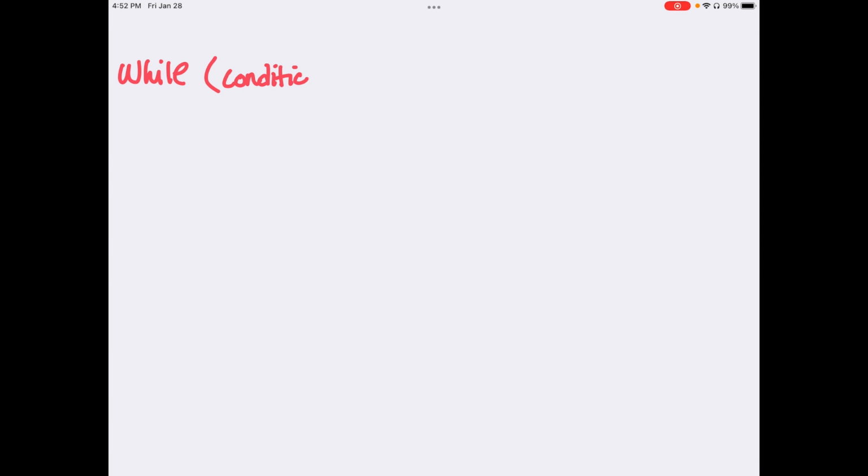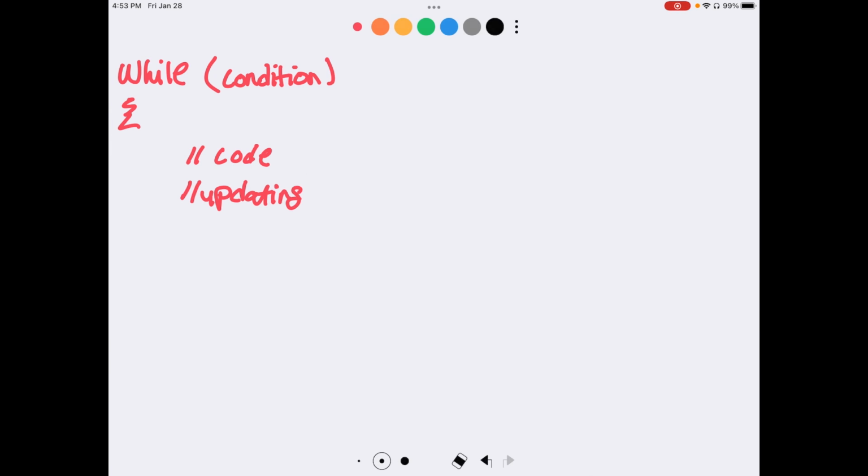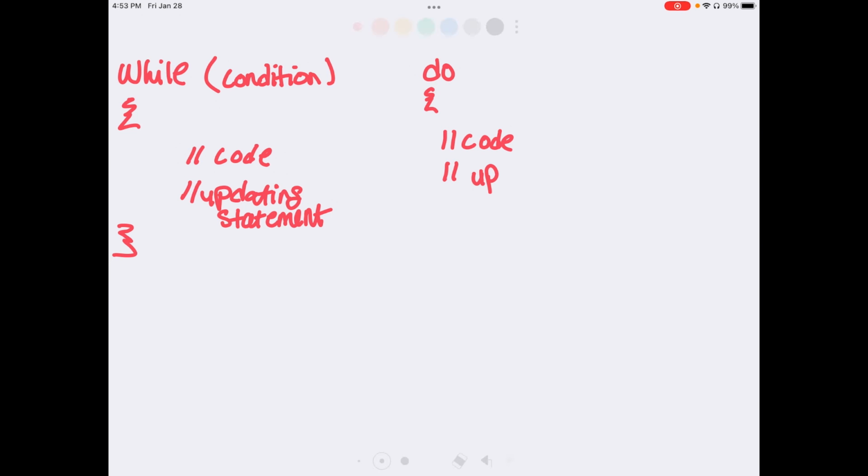So essentially you have a while loop with a condition, code, your updating statement, then you have a do loop, which is do code, updating statement, condition, while condition,